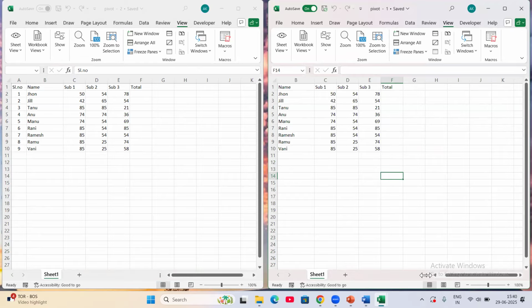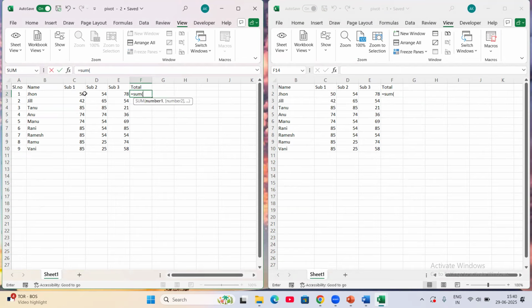In Excel, working with our worksheets as a single group is a quicker way of applying formulas and formatting across worksheets with the same formatting. Click on the first worksheet tab you wish to edit. Here in worksheet 1, I'm applying the sum formula: sum of subject 1 plus subject 2 plus subject 3. Enter. So the same is reflected in the